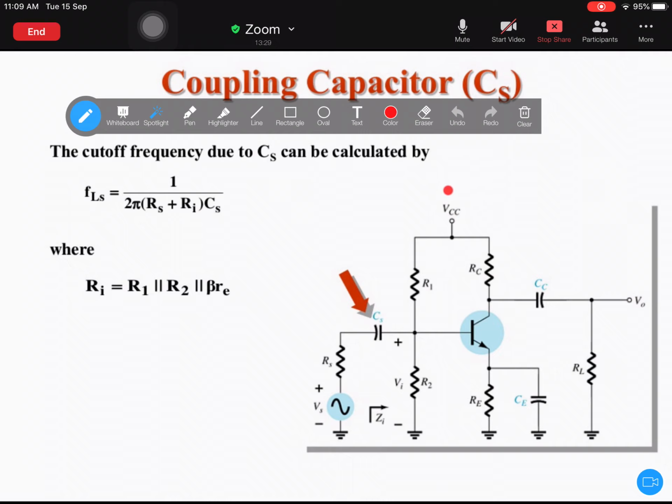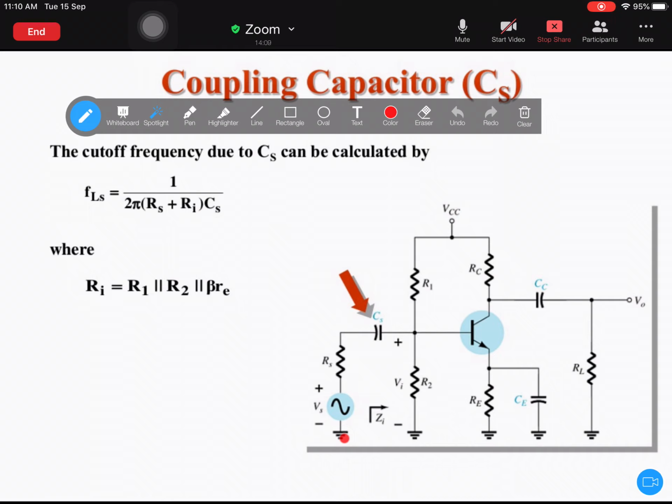You only amplify this AC input voltage, and you get the output voltage at a better magnitude by using this DC biasing technique. But the current should not flow from here to here. In which case will it flow? When the potential is lower than this potential. Current always flows from higher potential to lower potential, no? So if this potential is lower than this potential, only then the current will flow like this. But this is not at all desirable. In order to avoid that,